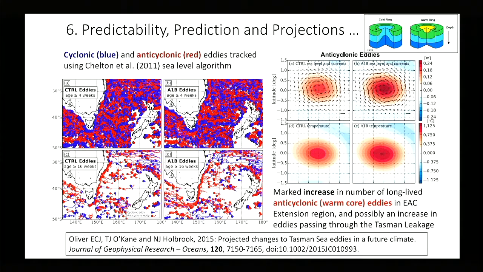This is, in a model, the Tasman Sea and Southwest Pacific eddy field, at least that the model represents, using some sort of tracking algorithm. And you can see that for the longer lived eddies, this is the control experiment, this is the climate change experiment, how warm core eddies are increasing, at least in this model experiment, under climate change through the 2060s, 2070s, creating this sort of eddy avenue, if you like, down the east coast of Australia and bringing these warm core eddies into the zone and potentially increasing the marine heat wave characteristics over time.